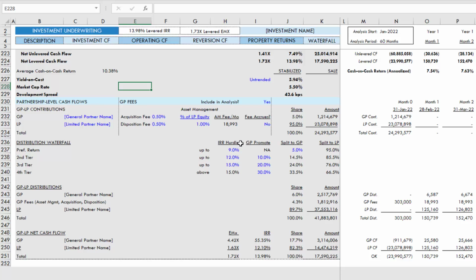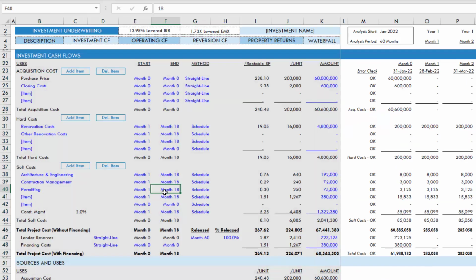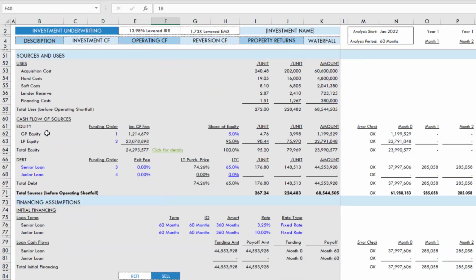Let me talk through the specific inputs. So the first input is GP contributions, and the percentage is actually driven up here in our sources and uses section, where we choose what percentage of equity is contributed by the GP versus the LP. So in this case, we're assuming, let's say 10% is contributed by the GP, 90% by the LP,